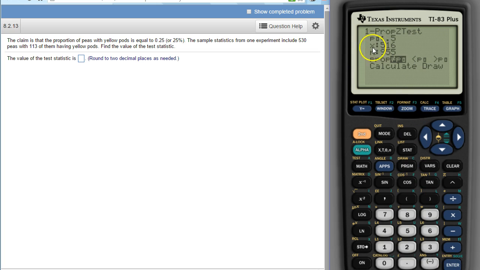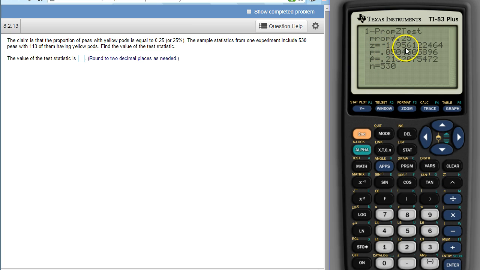So we hit Enter. It asks what's the claim. This p0 is the claim, so 0.25, and then x. 530 is our sample size, and 113 of them have yellow plots, so x is 113, and our sample size is 530. Right, and then it doesn't tell us to go above or below for this part, so I'm just going to click not equals, and there's our test statistic,